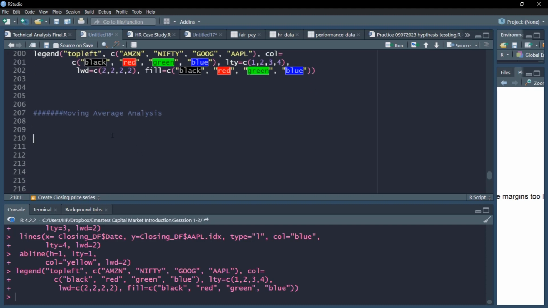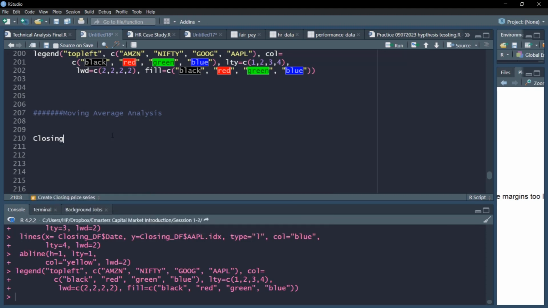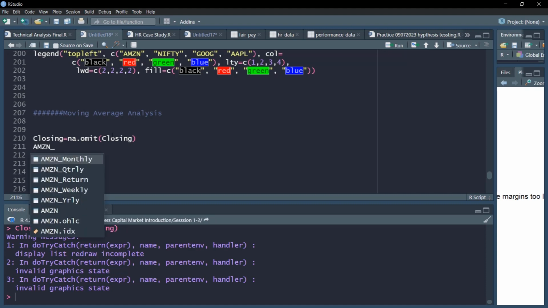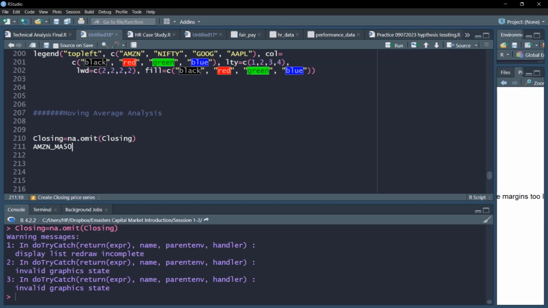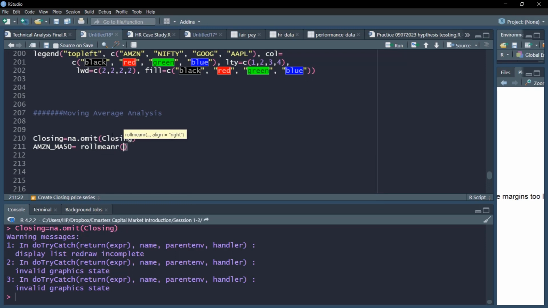First, we'll remove any not available observations in our closing data. So we'll use this NA.omit to clean our closing data. Next, we'll create rolling average series for, let's say, moving average for 50 days. For analysis purposes, we'll use simple moving averages. For exponential and others, you can refer to the videos for explanation. The application is identical. So we'll use the rolling mean command, and